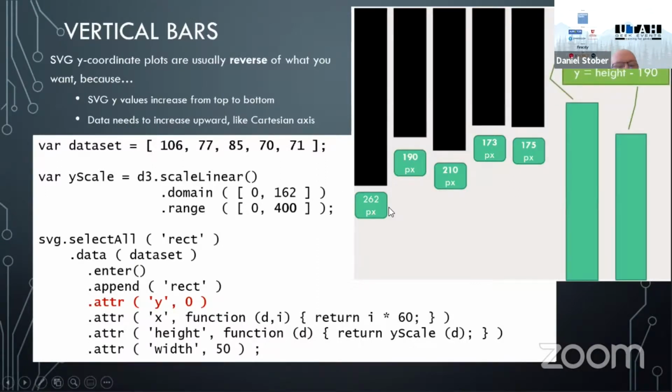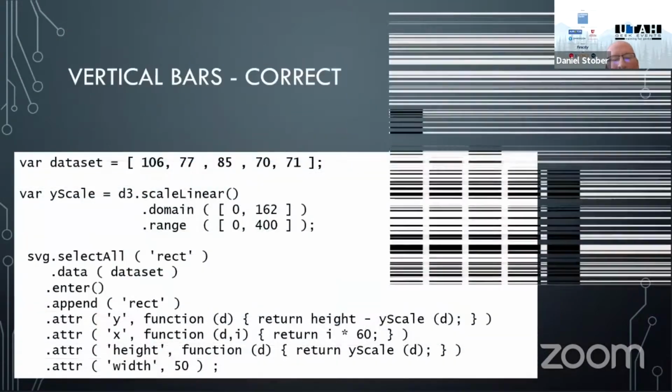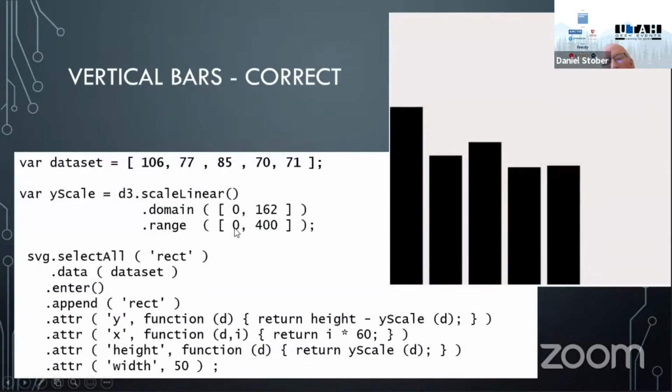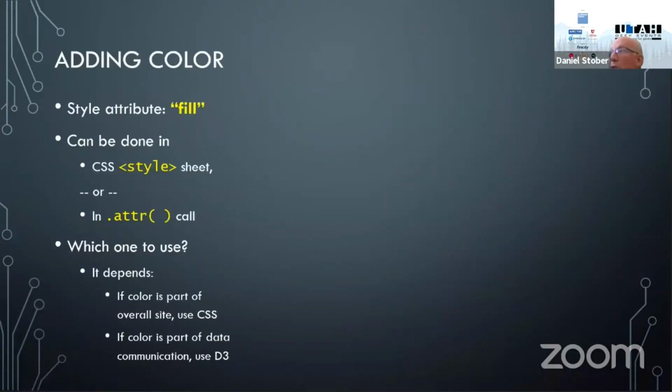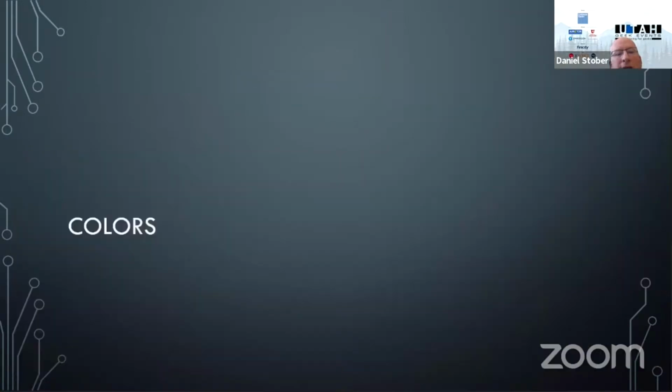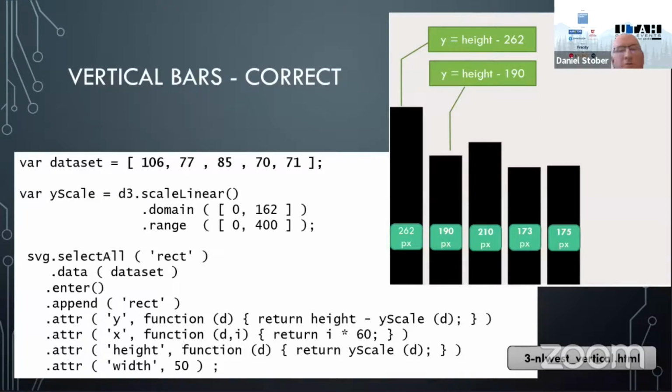So when you create vertical bars, the Y value actually has to be a calculation of how far off of the bottom it is, right? So you basically have to use the Y scale a couple of different times in order to get the bars aligned the way you want. That's an example that's on my webpage as well, and you can look at that if you'd like to play with that and understand it. But let's get back to the horizontal chart now, because I still want to get to the colors and the labels before we wrap up here. Okay, so we've got